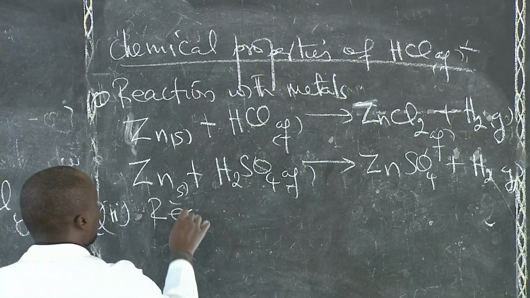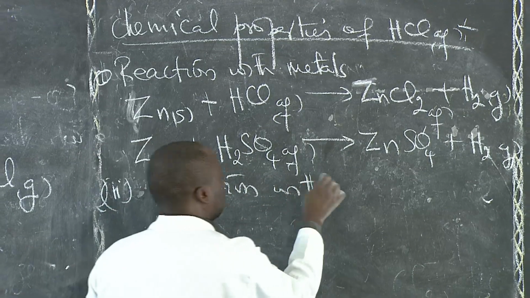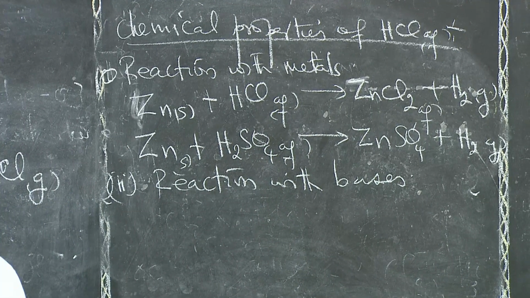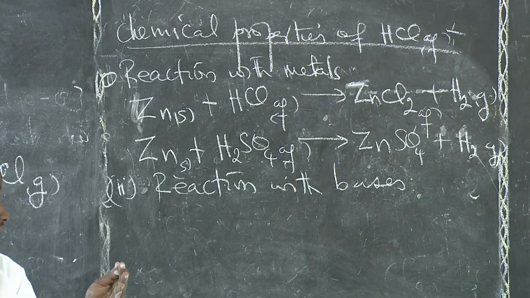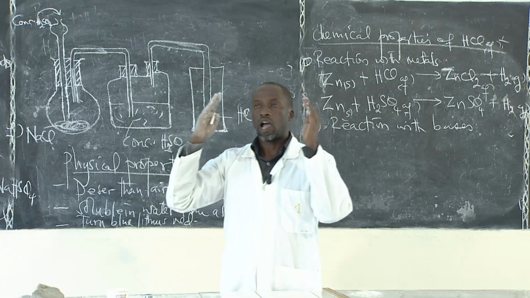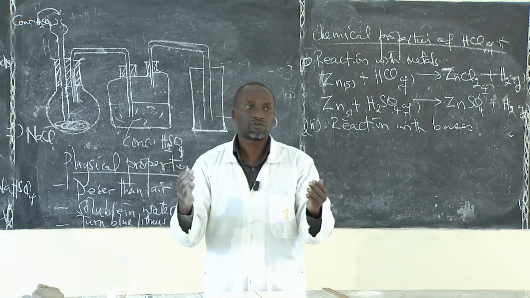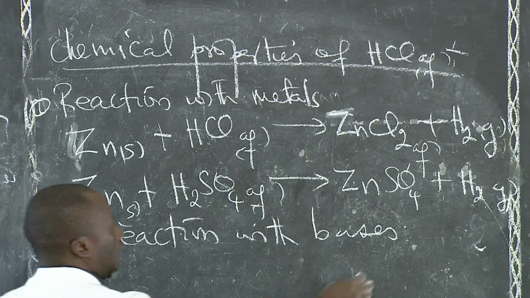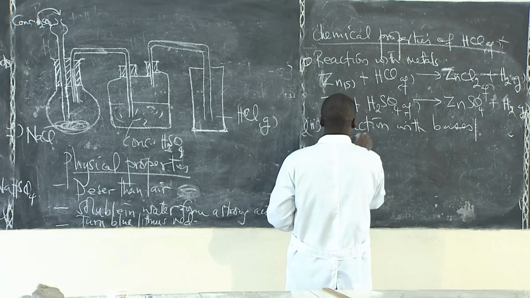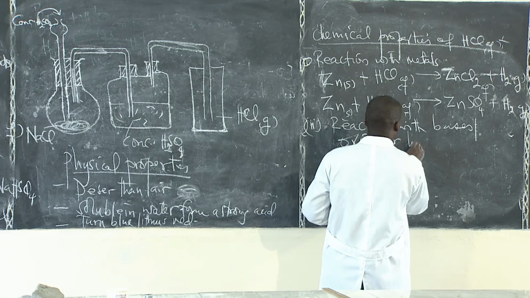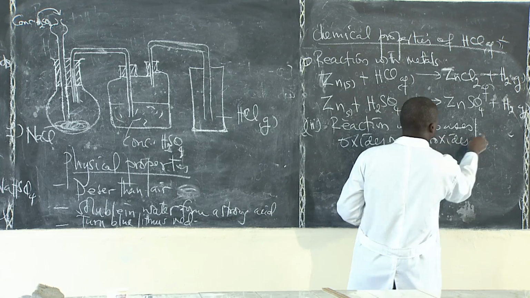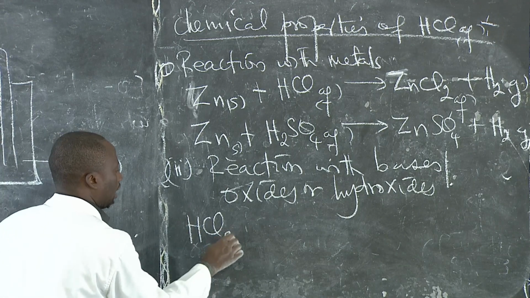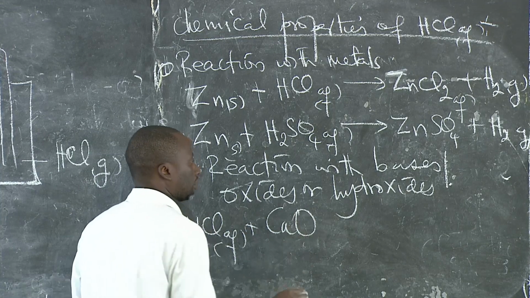Two, we have the reaction with the bases. We have the bases, we may have hydroxides, or we may have the oxides, which are basic. So for example, if we have the bases, this can be oxides or the hydroxides. For example, if we start with the oxide, probably say hydrochloric acid plus calcium oxide,